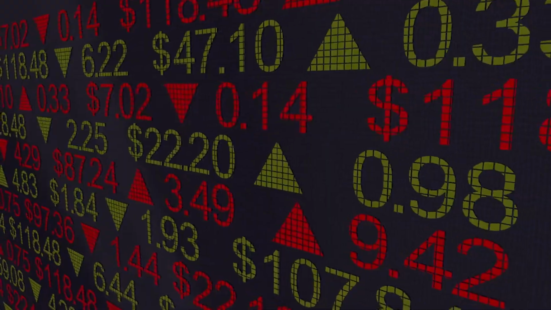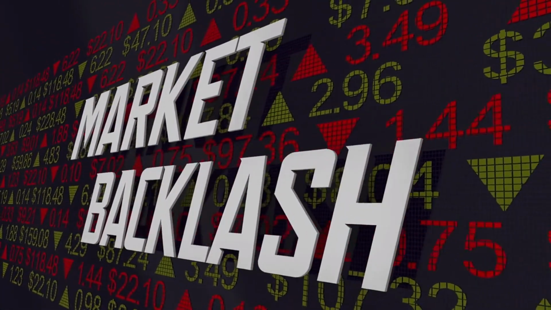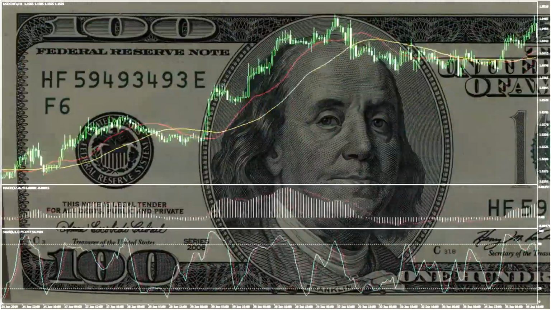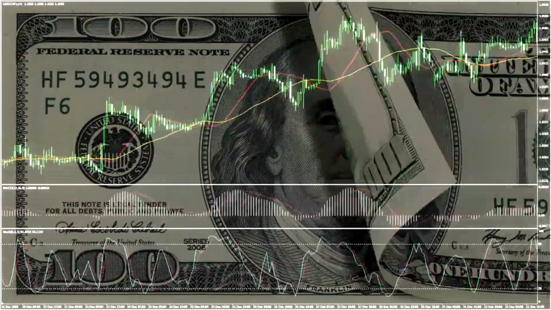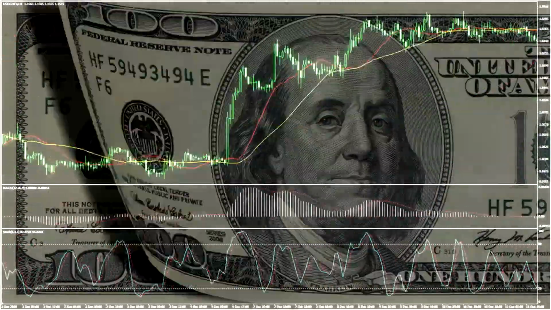Reaction rally. After a decline, an advance that does not surpass the high from which the decline began is known as a reaction rally. Rectangle. A continuation chart pattern where prices move sideways between two different levels for a period of time and then continue moving in the direction of the previous trend.